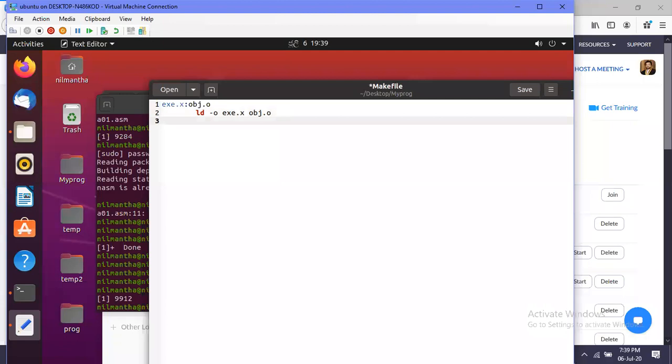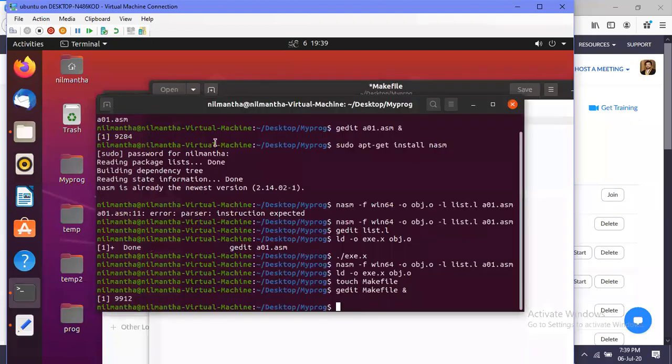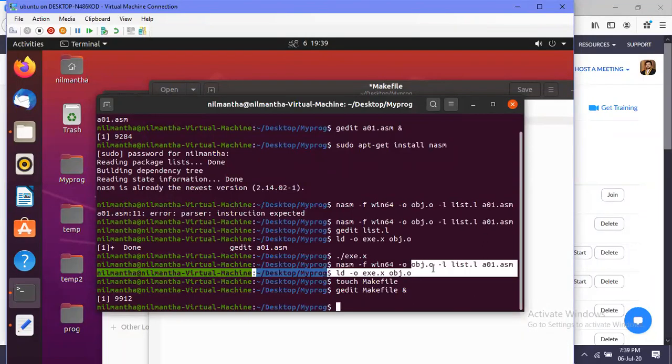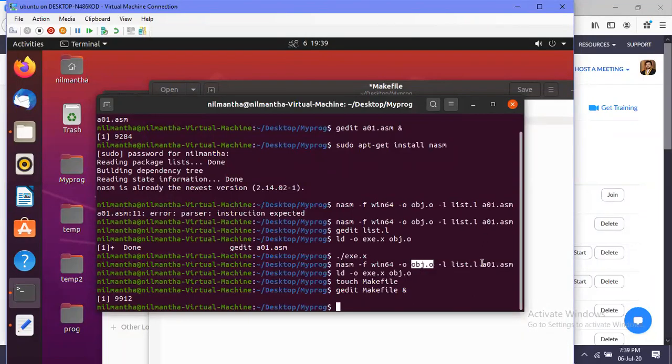In the correct order, before this we have to assemble the object file. That means we create this object file from this source file. a01.asm is the assembly file, the source file. From the source file, the target or destination file is the object file.